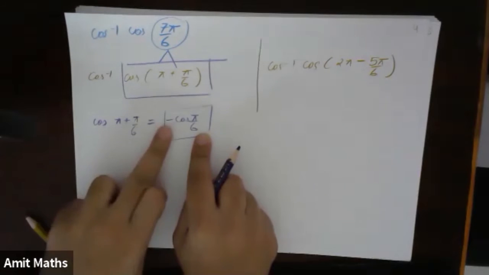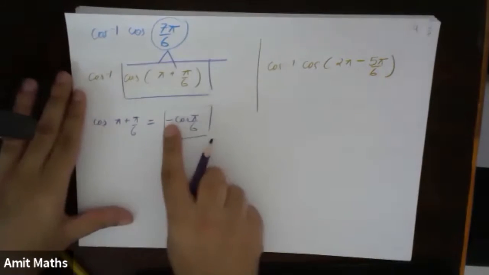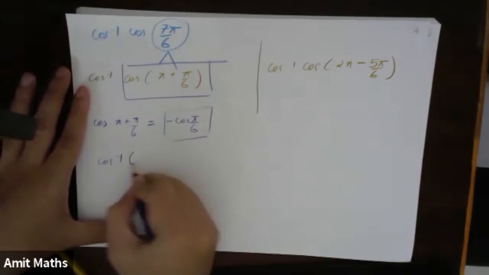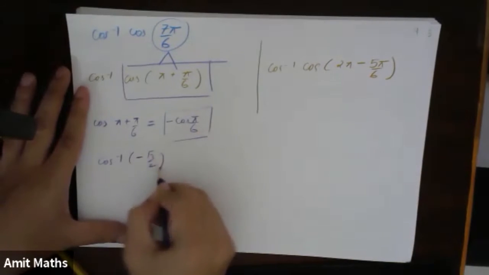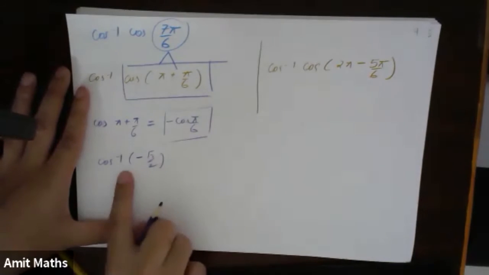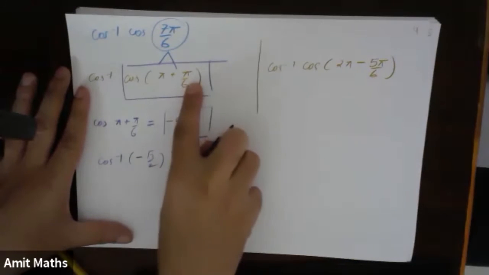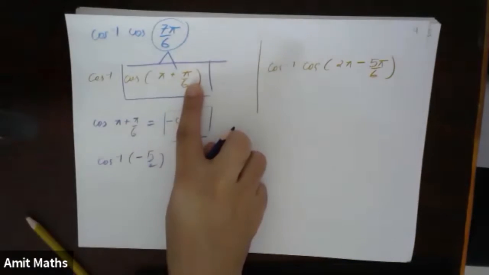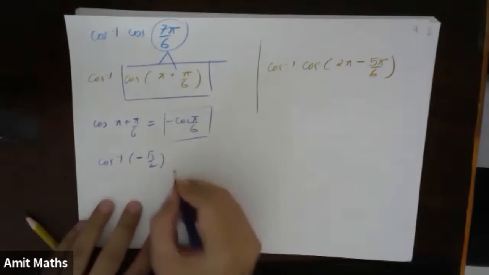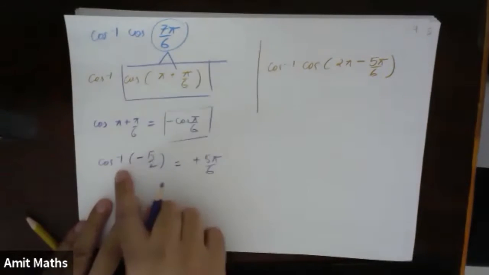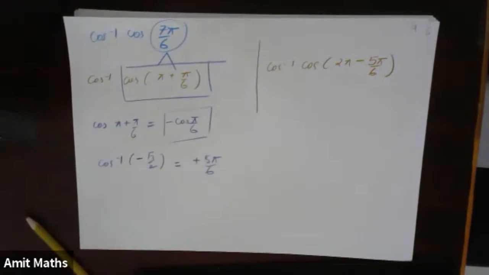Now it will be in which quadrant? Now when you substitute the value, this becomes cos inverse of minus root 3 by 2. And what is the value of cos inverse of minus root 3 by 2? It is not pi by 6. Third quadrant, yes, very good. So this will become 5 pi by 6, not pi by 6, because cos inverse of that is something else.